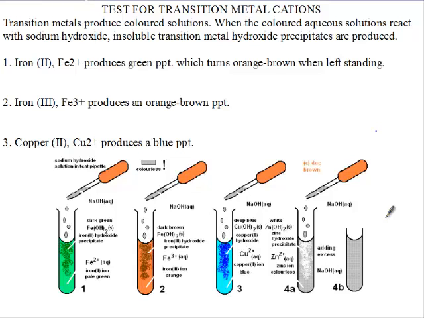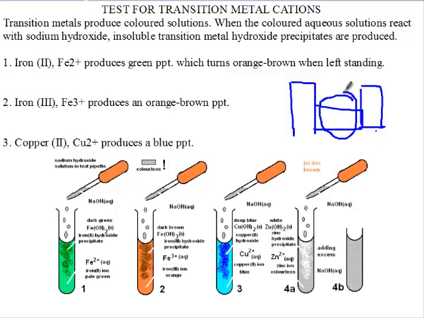Next, we're going to test for transition metals. Now, what are transition metals? These are metals with varying oxidation states. They are usually found in the middle block of the periodic table. So transition metals have varying oxidation states, and then they are found over there in the middle block of the